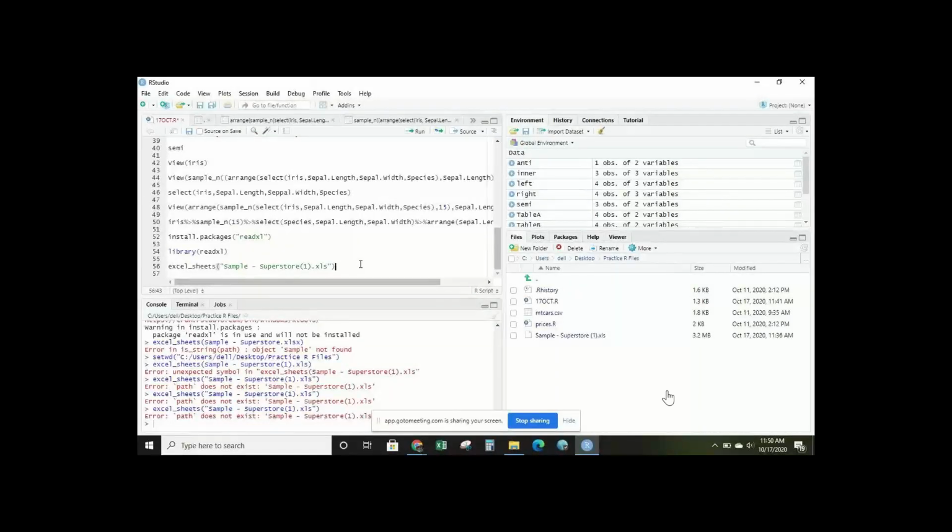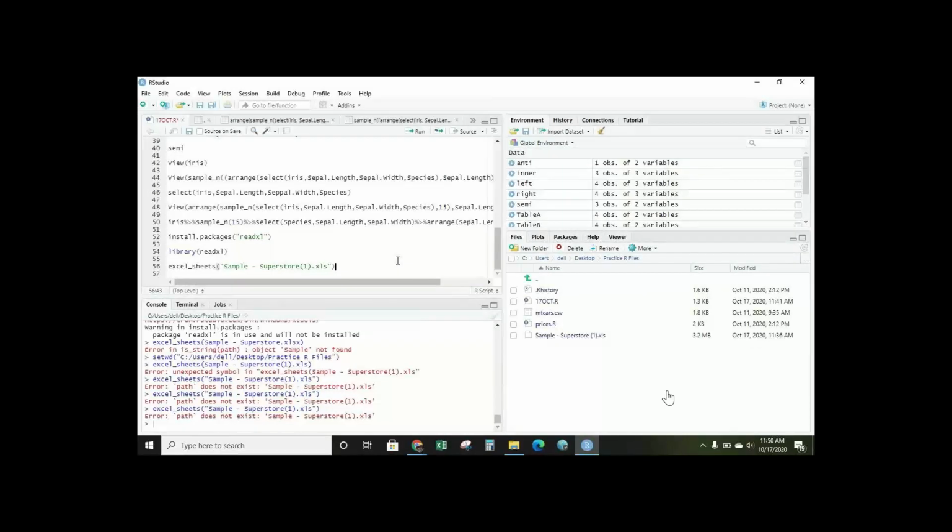Okay, so I can see your file now. This is sample Excel sheets. The problem in your case is you have missed out the name of the sheet that you have to use.